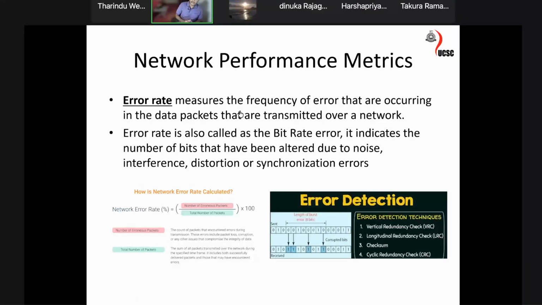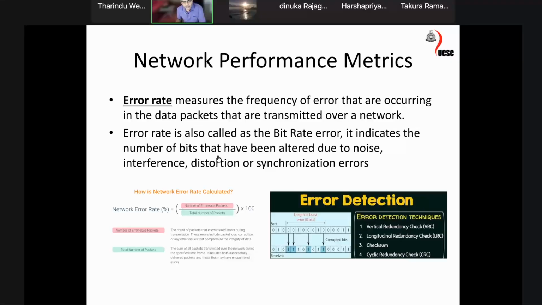And that's about jitter. The final metric I selected is somewhat physical layer, which is the error rate measurements. These are possible to measure in various ways by cable testers and all those things. The error rate measures the frequency of errors that are occurring in the data packets transmitted over the network. Error rate usually can be measured on several layers, but in this case, most of these are physical layer